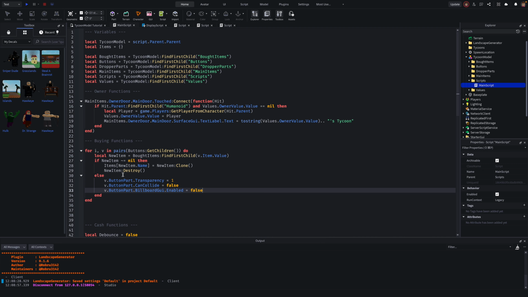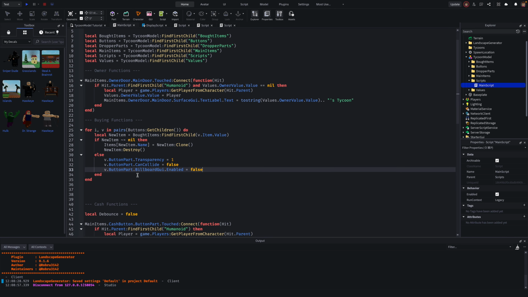So this isn't the script done, but we do need to add a billboard GUI to the button part